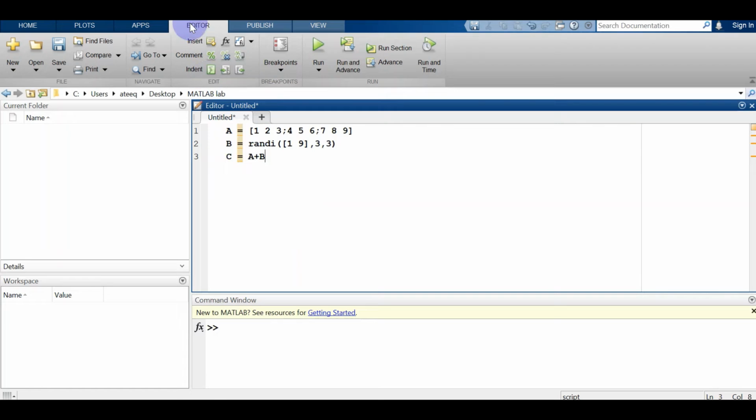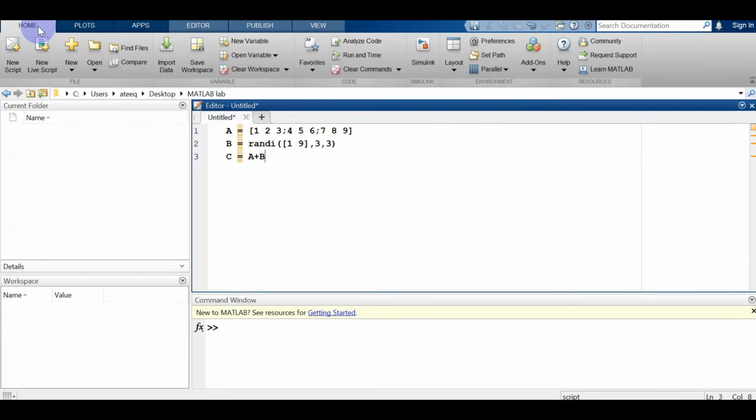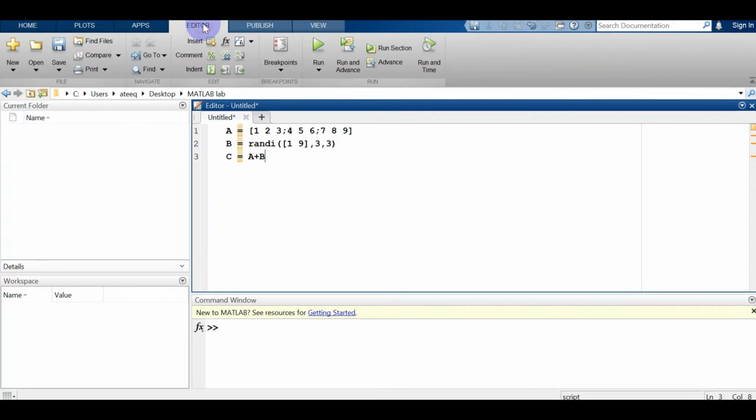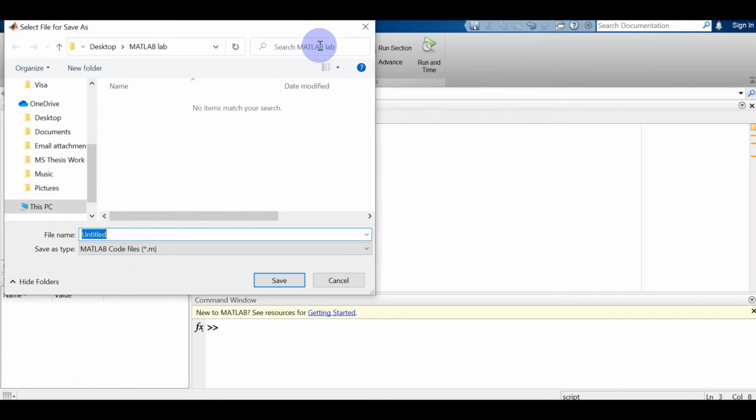So if you are not in this editor tab, for example, you are in this home tab, you have to click this editor tab, and then you will run your code from here. Whenever you run this, it will ask you to save that code. Now it is recommended,